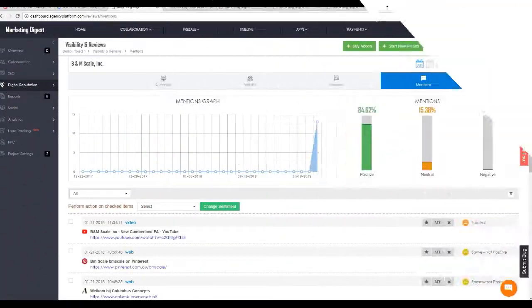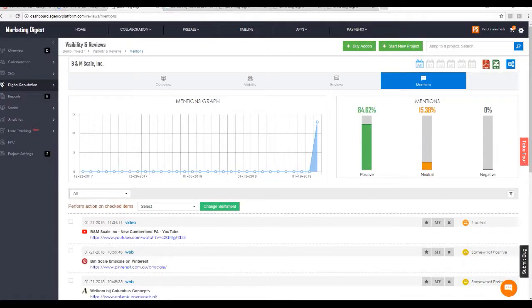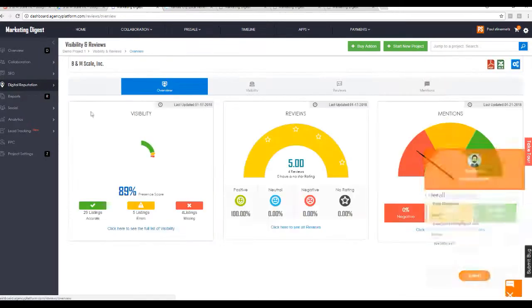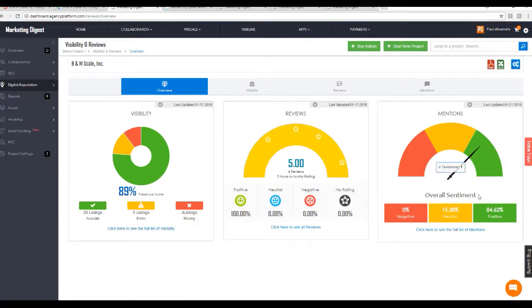Welcome to the mentions and sentiment analysis portion of the Digital Reputation Suite. If you're running a campaign for a client that has a corresponding Digital Reputation Suite enabled, you'll enter into the client project. From the left-hand navigation, go to Digital Reputation, and then navigate to Visibility and Reviews. From here, you would land on the overview, which would look like this, and you're going to have a mentions